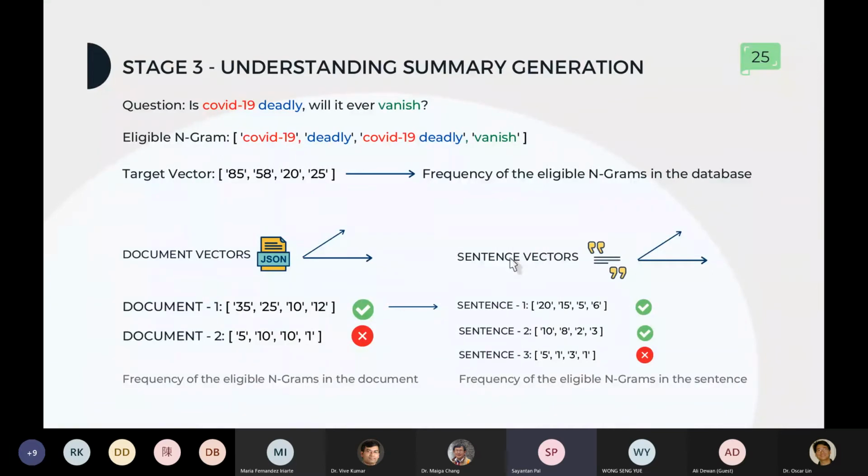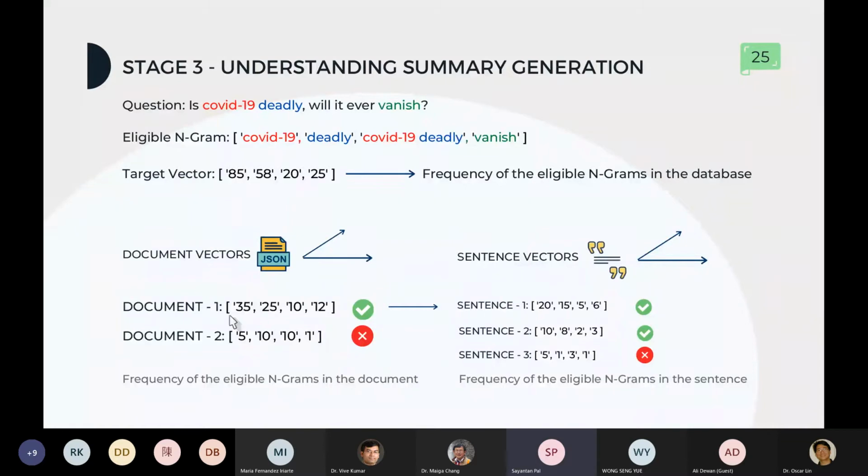Similarly, you remember table 6, where I said that we are storing information per sentence. From that table 6, we are generating the sentence vectors. Let me tell you that when I do a cosine similarity of this target vector with these document vectors, I get a score between 0 and 1. The maximum score that I get would be the best and most similar, the one closest to the target vector.